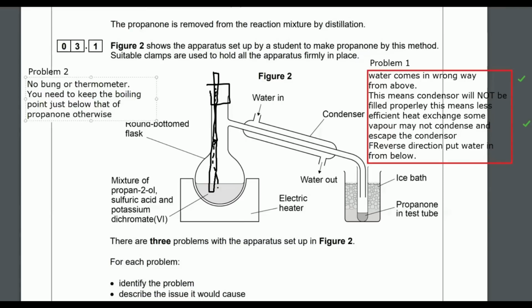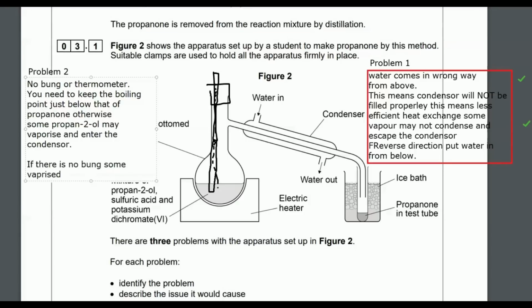I may be vaporizing some of that stuff, and it may be going up and traveling down the delivery tube. And without the bung, some of my propanone, some of my product's going to escape. So really, you've got two problems here. No bung means some propanone may evaporate and leave the round bottom flask, so we don't actually get to condense it. And then also, if I'm not keeping the boiling temperature just below or at the boiling point of propanone,